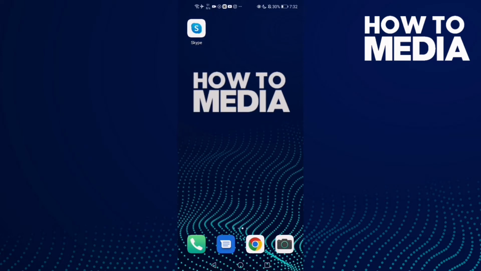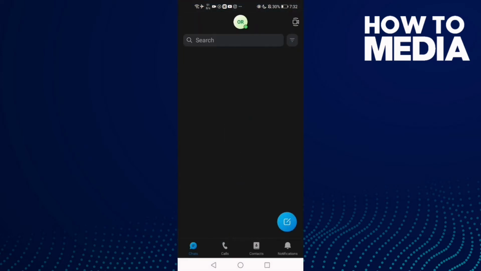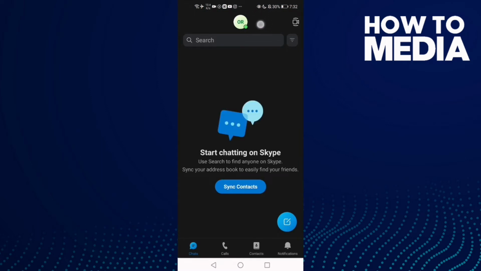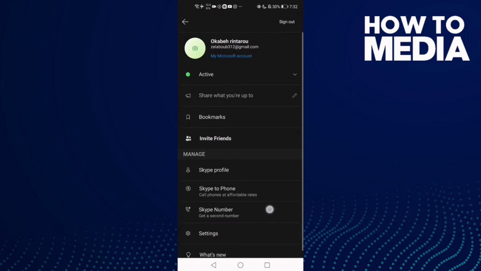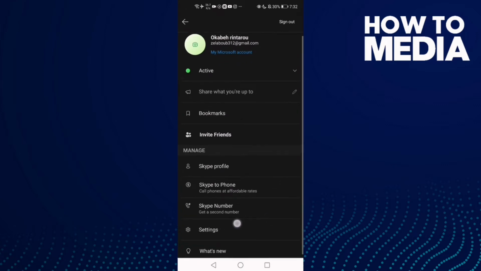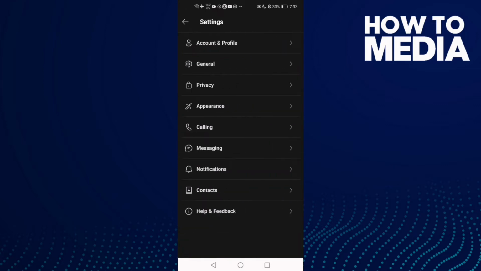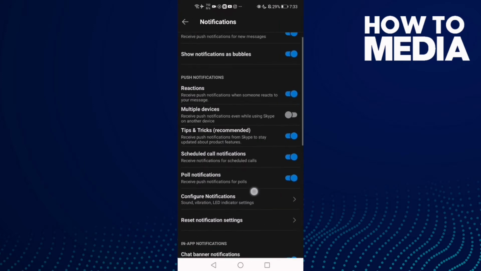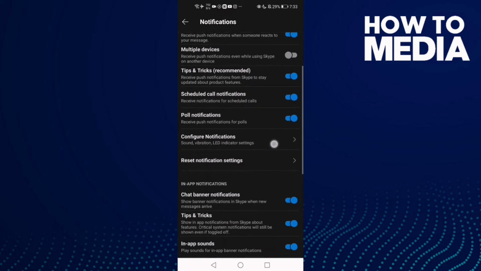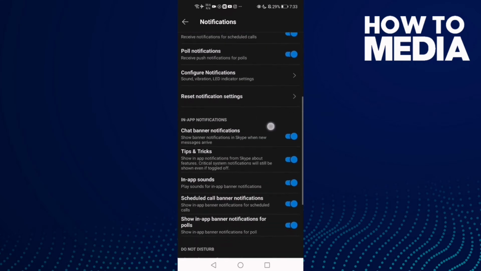First we're gonna do is go to Skype and then click on your profile here in top corner and then go down and you will find this one here, settings, and now you will find this one, notifications. Click on it and then all you need to do is just go down and you will find this one